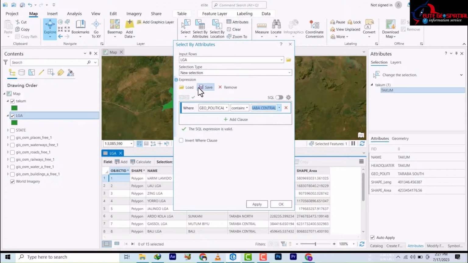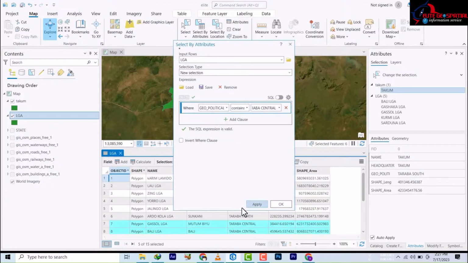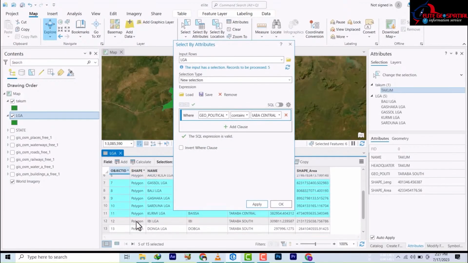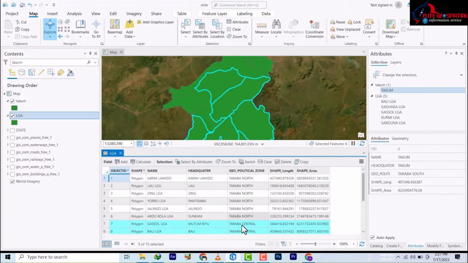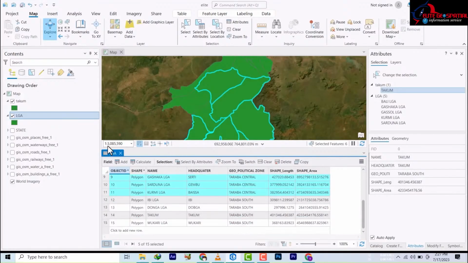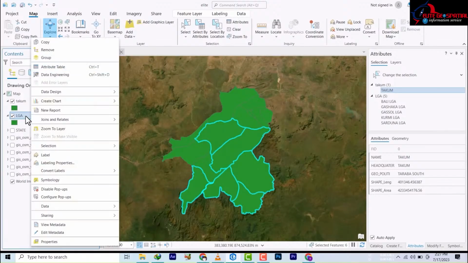So I'm going to also check the expression. It also said the expression is valid. So let's apply and see. It has selected all the local governments with Central as geopolitical zone. So let's close it out, and then we can right click here again and come down to data and export feature,